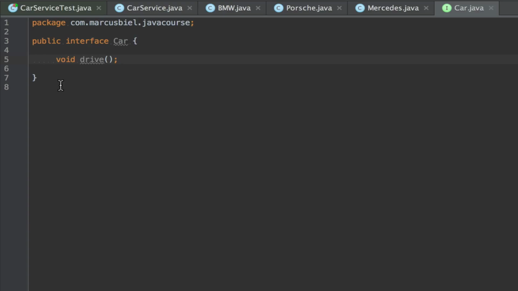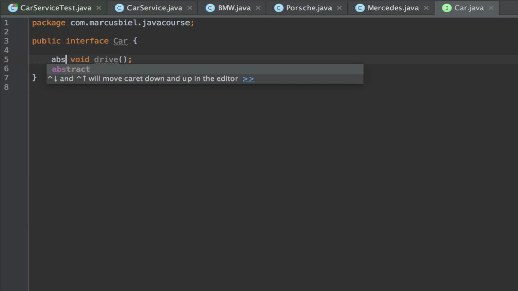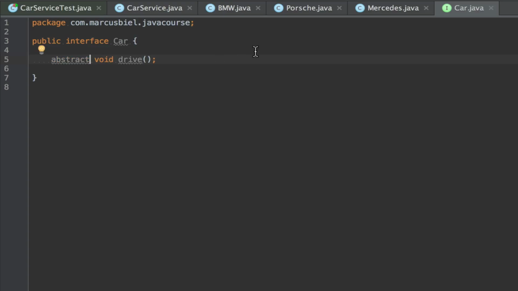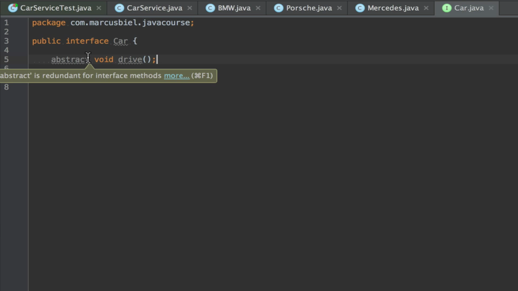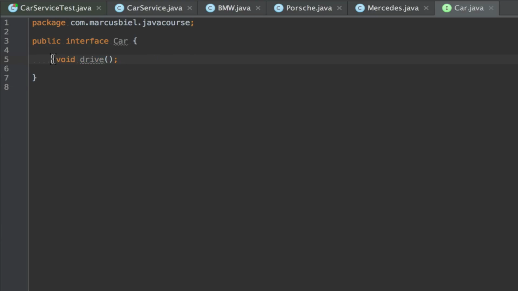Another modifier that is implicitly here is abstract. I can put it. Abstract just means what we have here, that the method is not implemented and that it just consists of the method signature and that the body is left away and that we have the semicolon here. So also this is redundant. We can and we should remove it. Always define your methods without public and without abstract. You should just know that implicitly they're there.